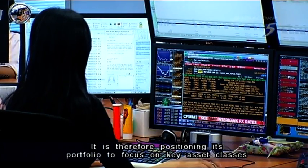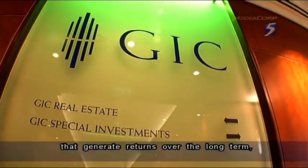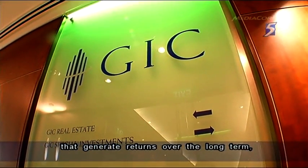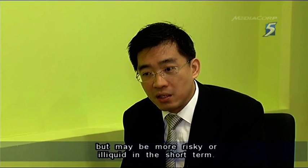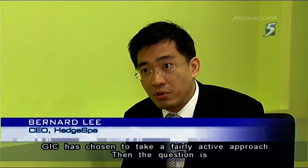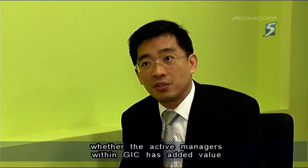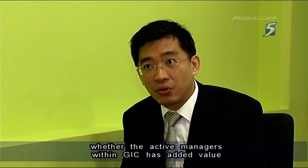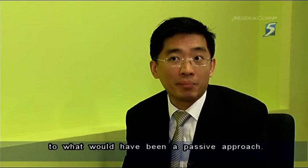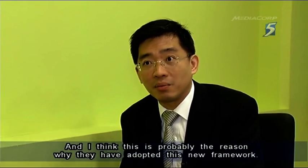It's therefore positioning its portfolio to focus on key asset classes that generate returns over the long term, but may be more risky or illiquid in the short term. GIC has chosen to take a fairly active approach. Then the question is whether the active managers within GIC have added value to what would have been a passive approach, which I think is probably the reason why they have adopted